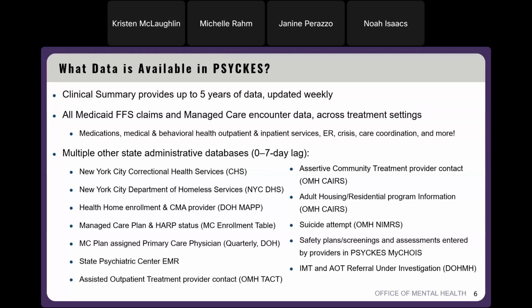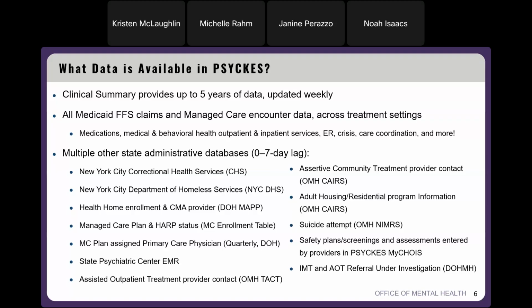So Medicaid is coming from billing claims, right? So there's going to be a lag when you're thinking about anything that has to do with billing, but it does really depend on the type of service it is. So something like pharmacy claims, we actually consider those pretty quick and timely. From the time that somebody has picked up their prescription at the pharmacy to the time that it shows up in PSYCKES, can be anywhere as little as 30 to 45 days. I've actually seen some for 2 weeks. So that's actually information that's pretty quick and timely.